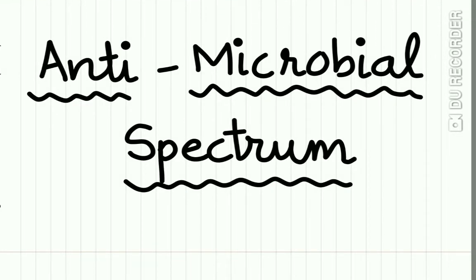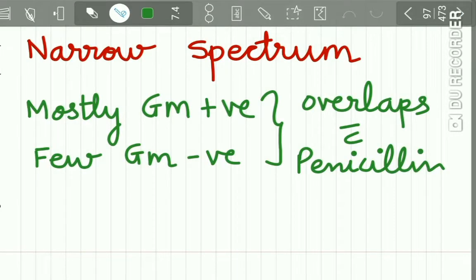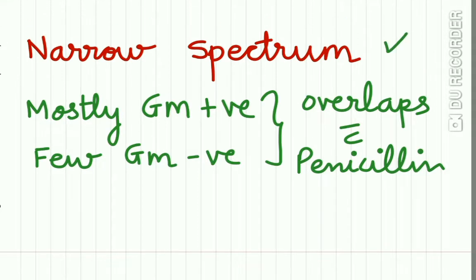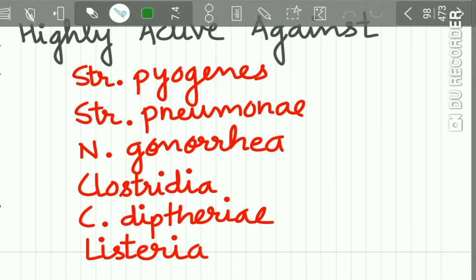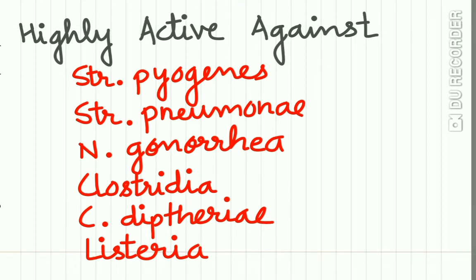Now, the antimicrobial spectrum of erythromycin: it has a relatively narrow spectrum of activity. Mostly gram-positive organisms and a few gram-negative organisms are inhibited, and the spectrum of activity considerably overlaps with penicillin. The drug is highly active against Streptococcus